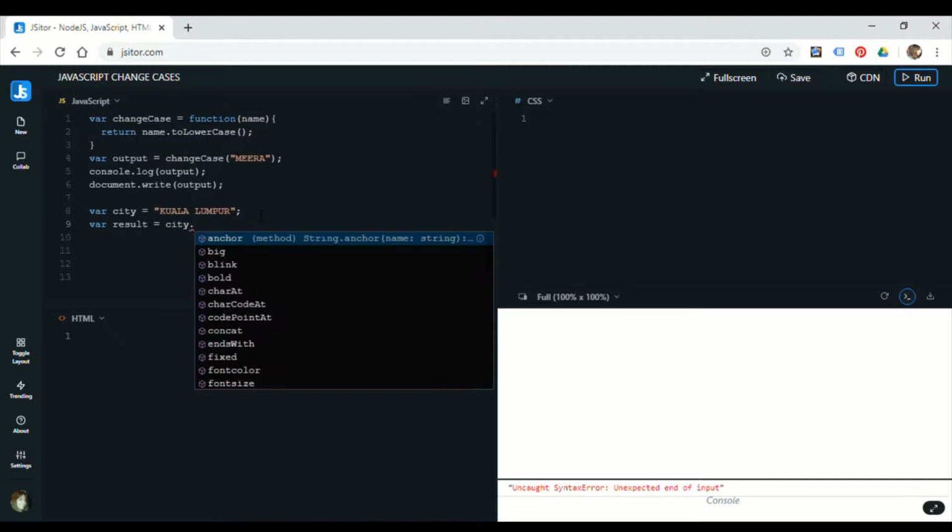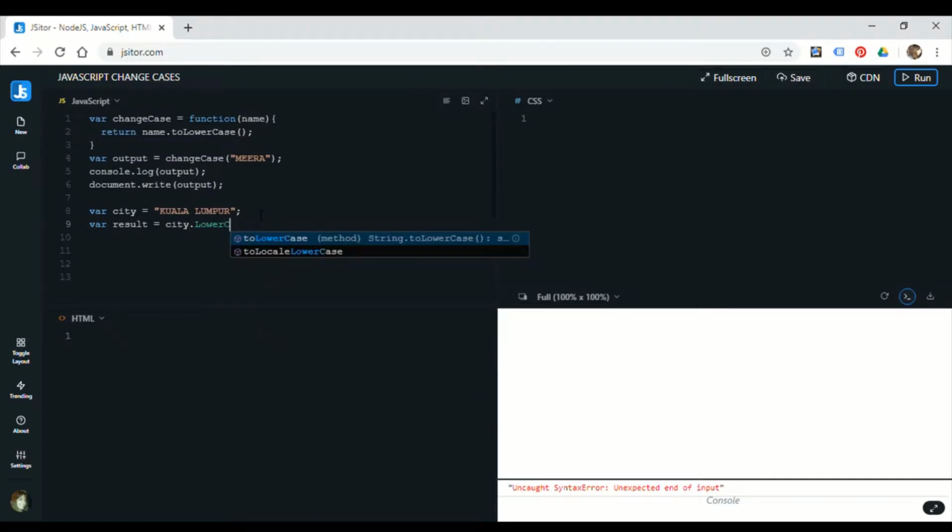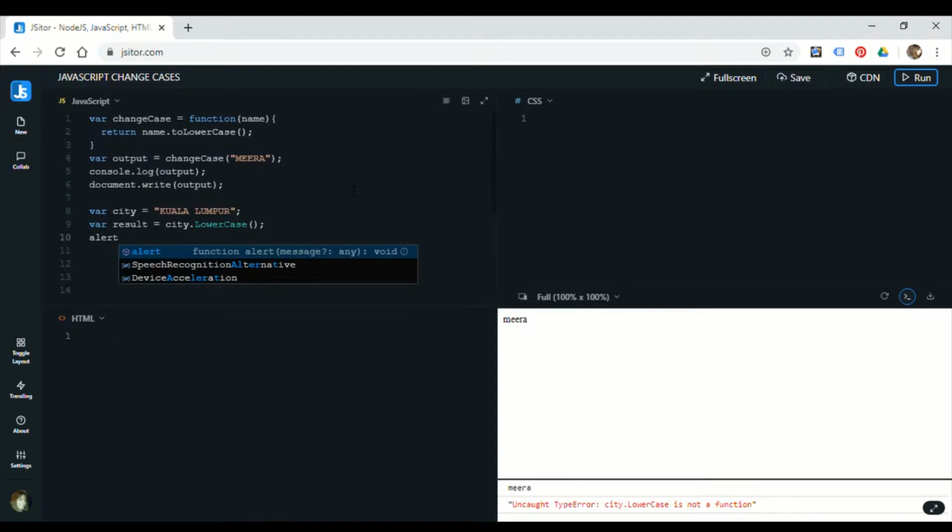I write it in caps, that is uppercase, and then I assign var result, because I want the result to be displayed. So var result equals, in order to change it, I have to use city dot, which I already mentioned earlier. So var city is your initial variable. So city.toLowerCase(), in order to change the uppercase to lowercase.